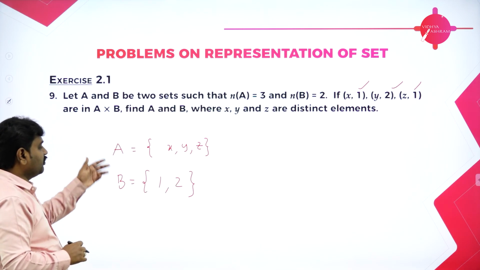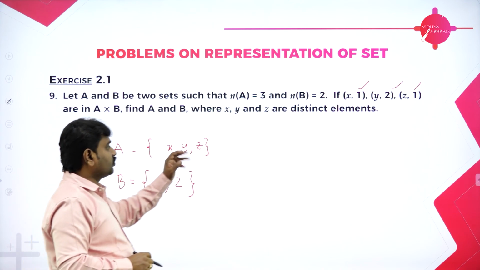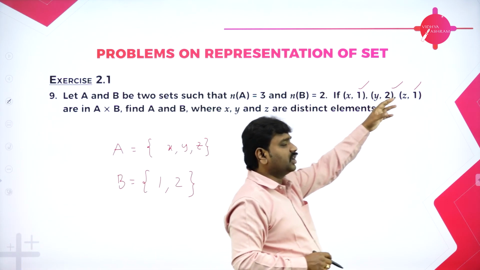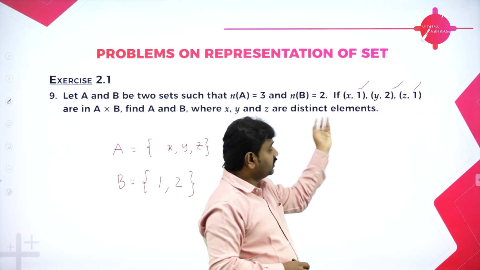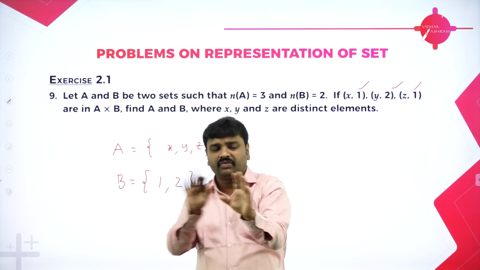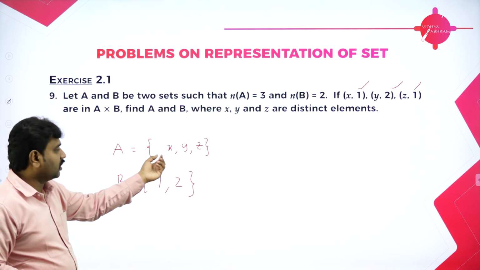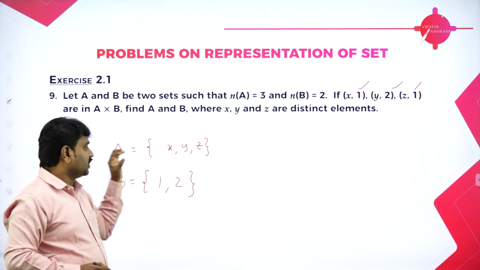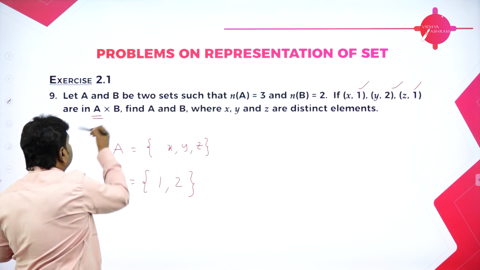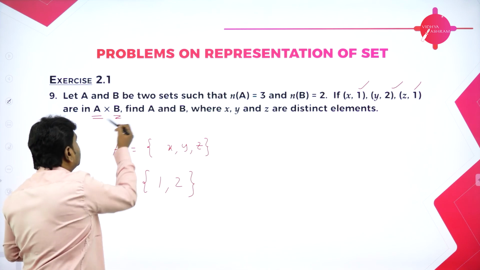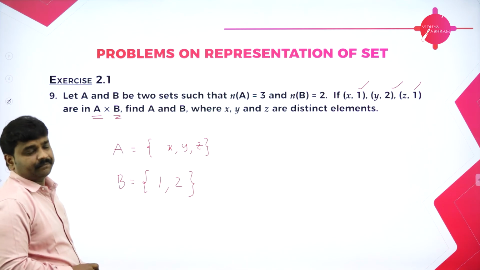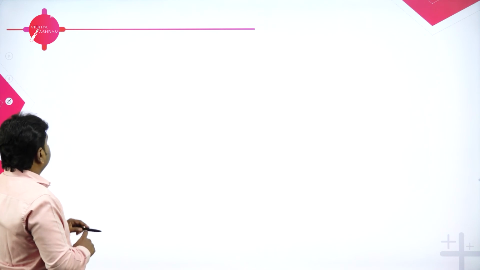So they want A and B, and we got A and B. I can write x, y, z because they are the set of first elements, and x, y, z all 3 are different. They have also given that they are distinct, which means the value of x and the value of y are not the same. That's given, so x, y, z are different. So I'll write all the first elements, x, y, z, as A. So A contains the set of first elements, B contains the set of second elements, we wrote it. Then